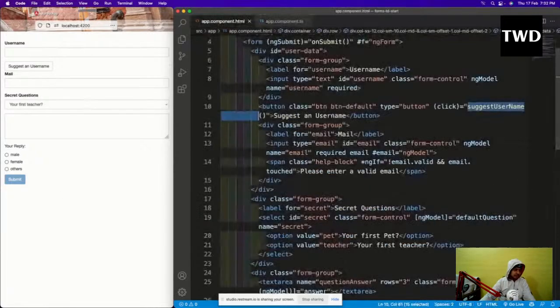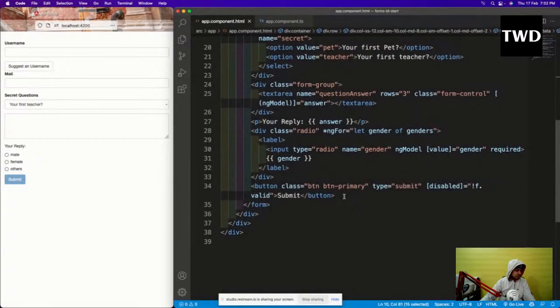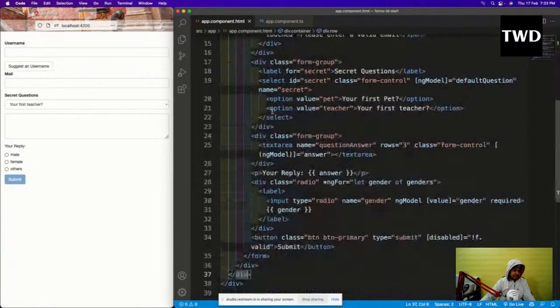All of this we are going to show. So after this form, this div and div is there. Okay, in this container only I am going to show.